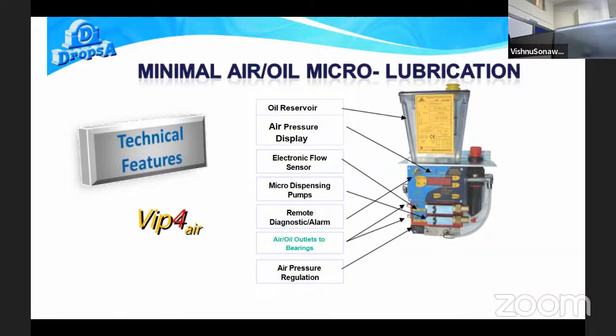That is the gear type pump or the vane type pump they are using, but probably they are using the gear type pump. This is the air pressure regulator, with a maximum of 6 to 8 bar air pressure used. These are the technical features of these mist lubrication systems. It is connected at the end of this